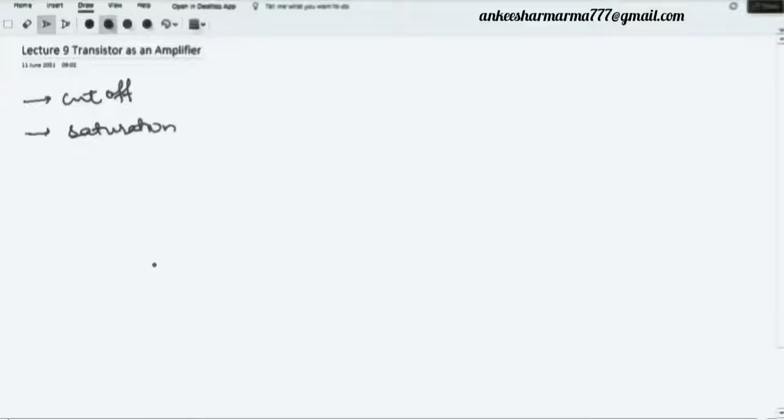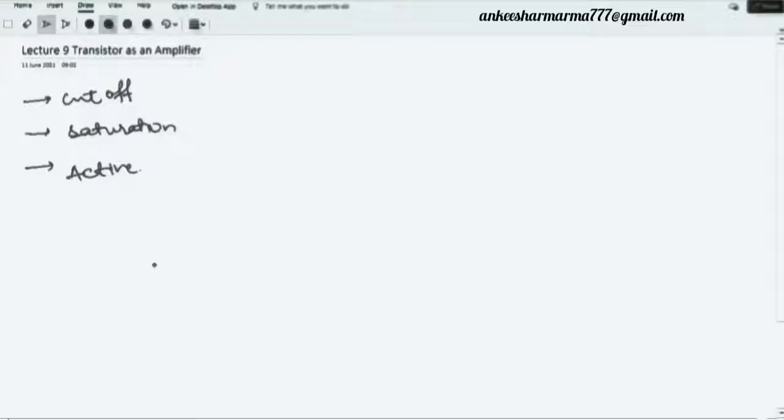the transistor in the cutoff. So I will write here that we prefer this transistor to be either in the cutoff region, second in the saturation region, and third in the active region. We will discuss these regions later when we discuss the characteristics. But right now I have just introduced three things.